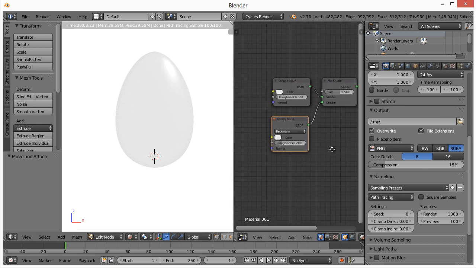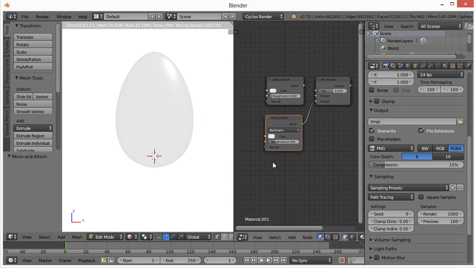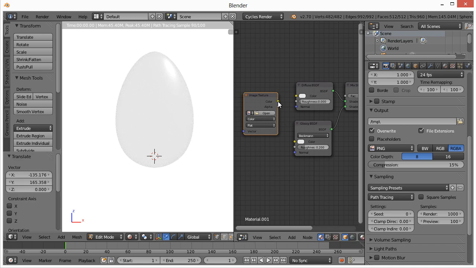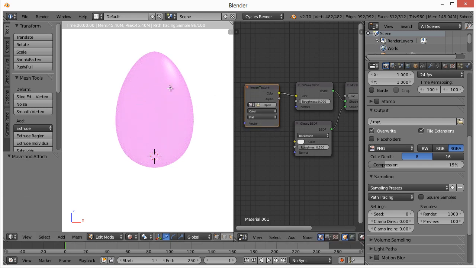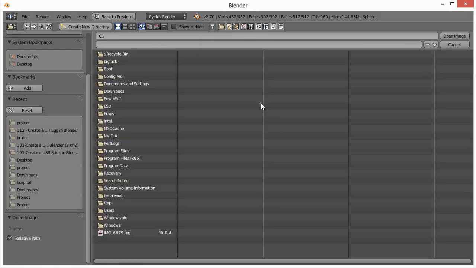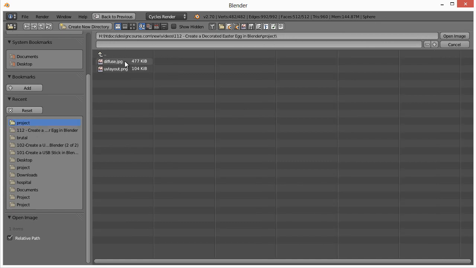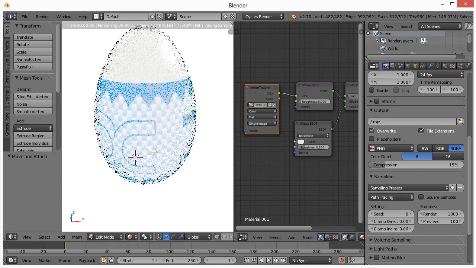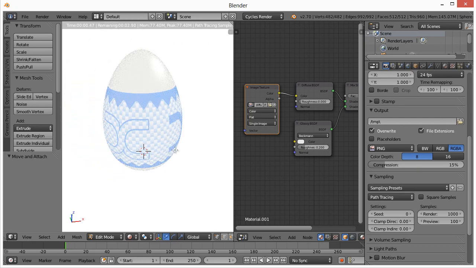Okay, so now what I want to do is attach our actual image. If you hit Shift A over here, Texture, Image Texture, you get this little thing. What we can do is left click and drag this to the color portion of the diffuse. Now it shows up this pink color because there's no image yet. So if I hit Open and select my project diffuse, we can now see we have our egg, except it looks